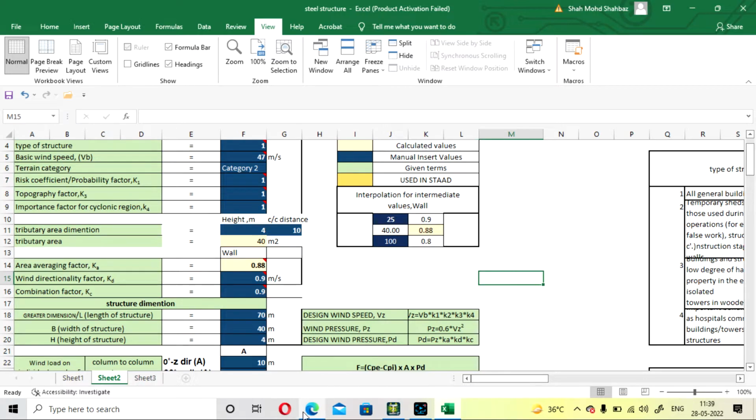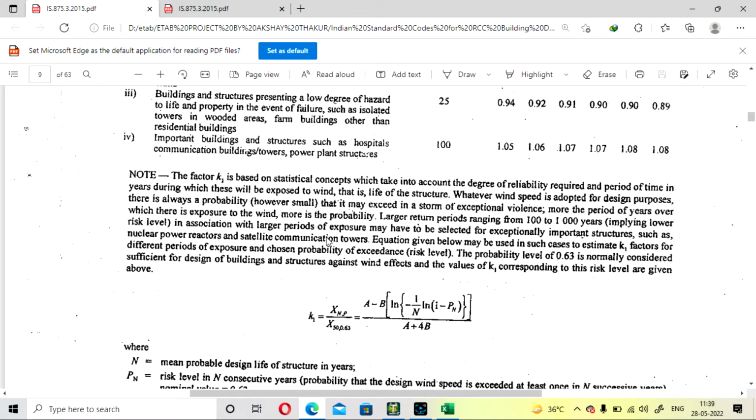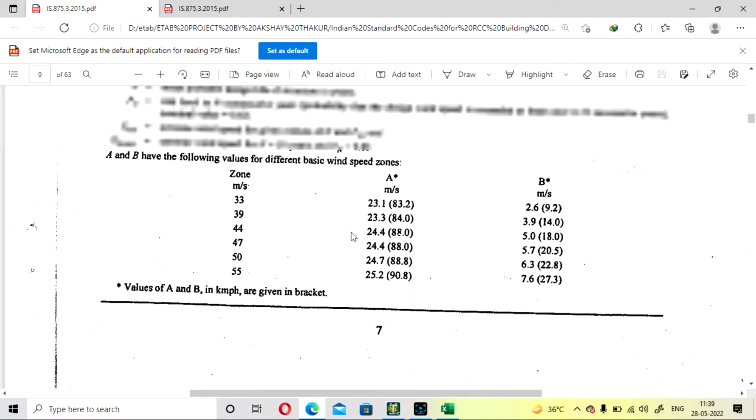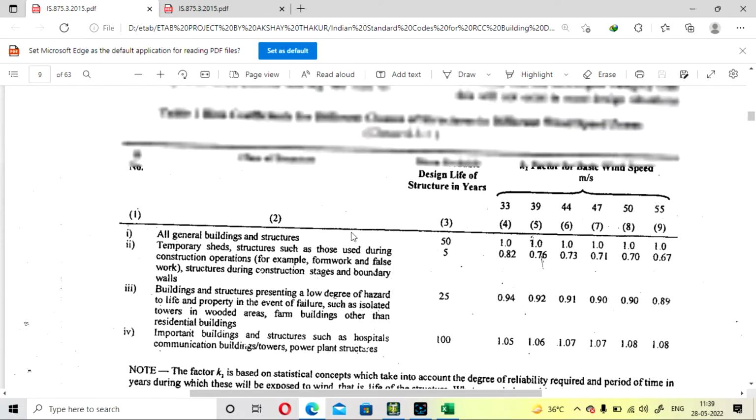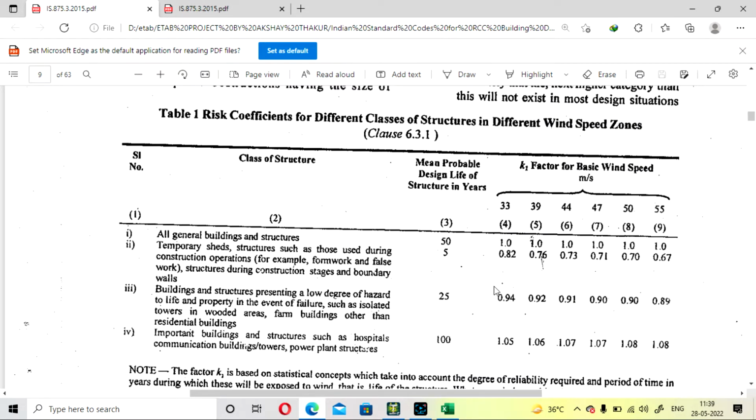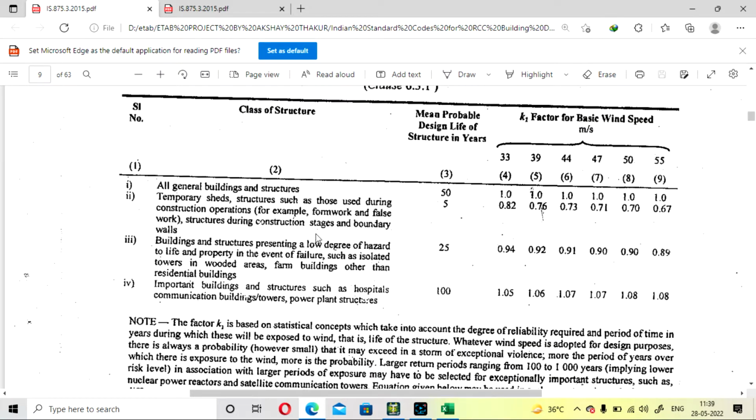Okay. Page number 7, clause 6.3.1. So this will be our K1. Here it is coming in general buildings for which the life of our structure is 50 years. Here we are going to take. So the K2 value will be,